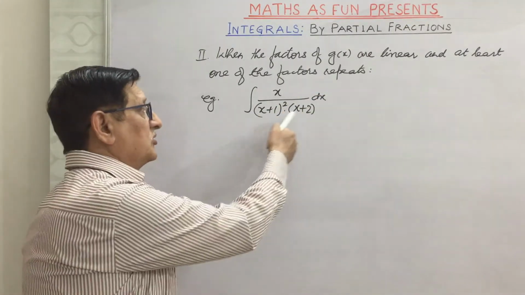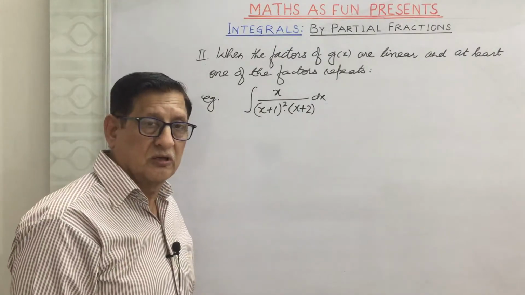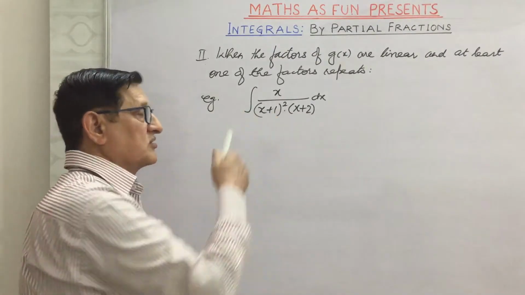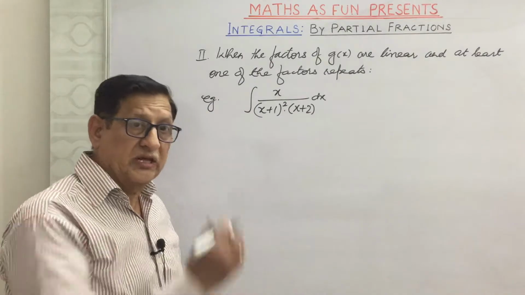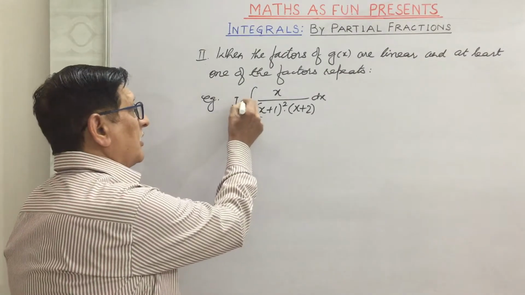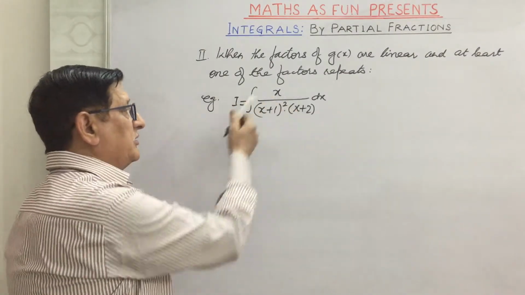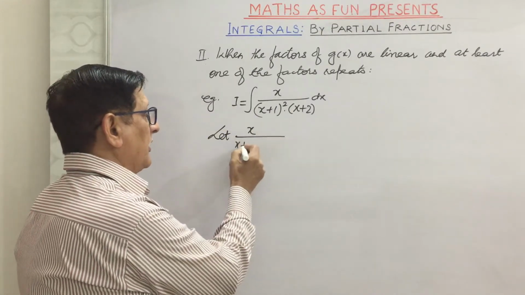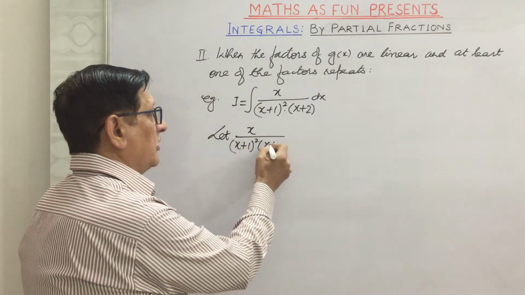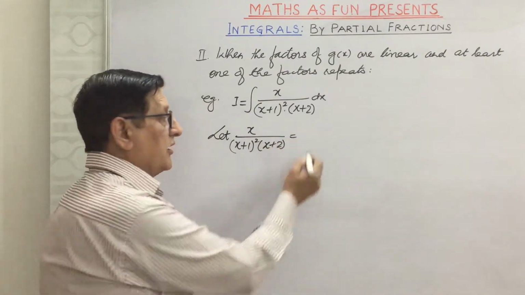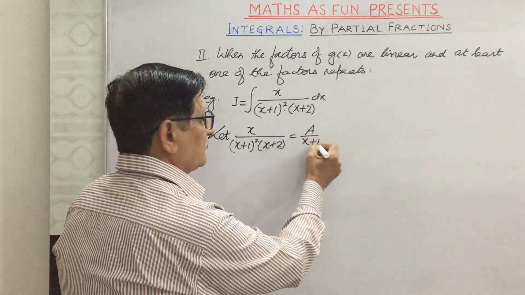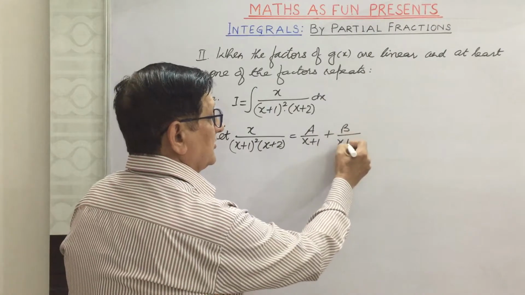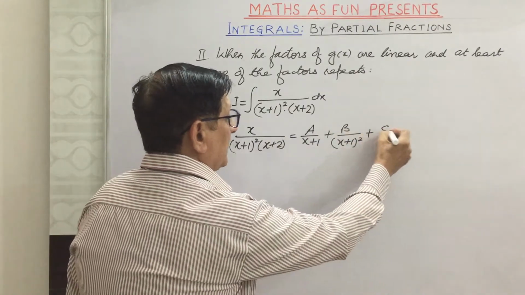We find here both are linear functions of x, but x plus 1 is squared, meaning it is repeating. Then representing this as I and taking the integrand, we can consider x upon (x plus 1) square into (x plus 2) is a upon x plus 1 plus b upon square of (x plus 1) plus c